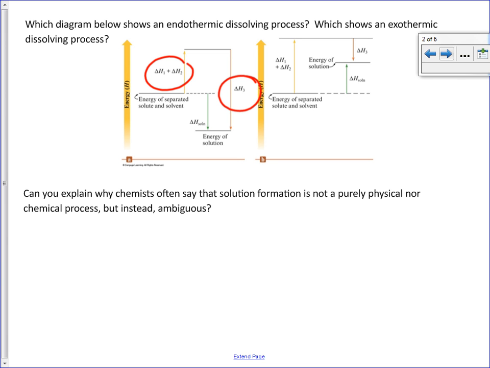For the first diagram, if you look at the magnitude of the arrow associated with steps 1 and 2 together for the solution formation process versus step 3, you can see that there's more energy released as this solution forms and the solute and solvent particles attract each other than what gets absorbed to separate those particles from each other at the beginning. So since the exothermic step's greater in magnitude, then the overall result for this solution formation is